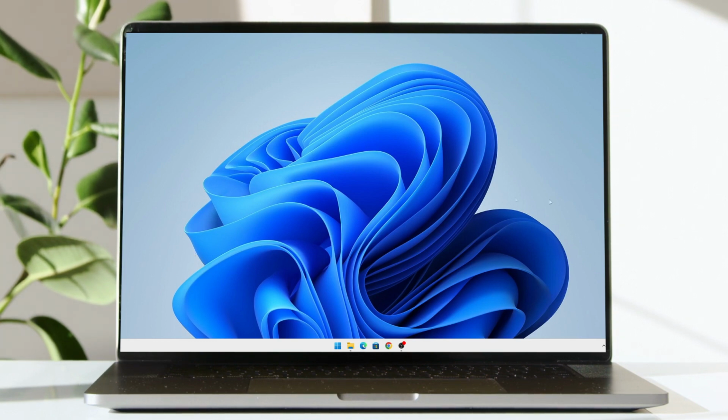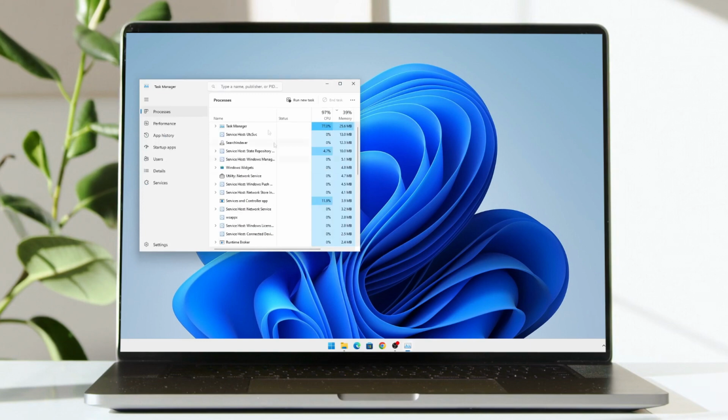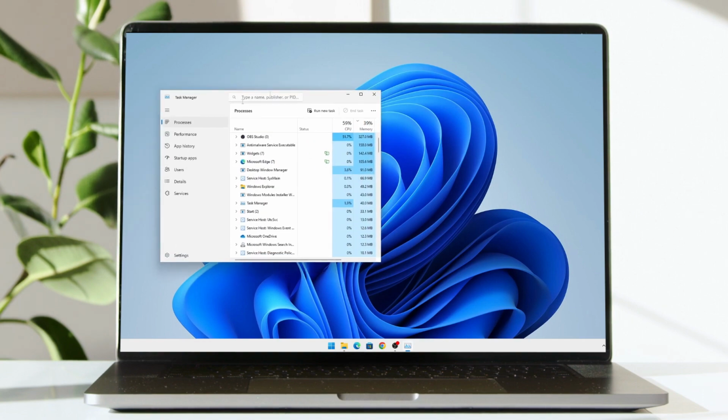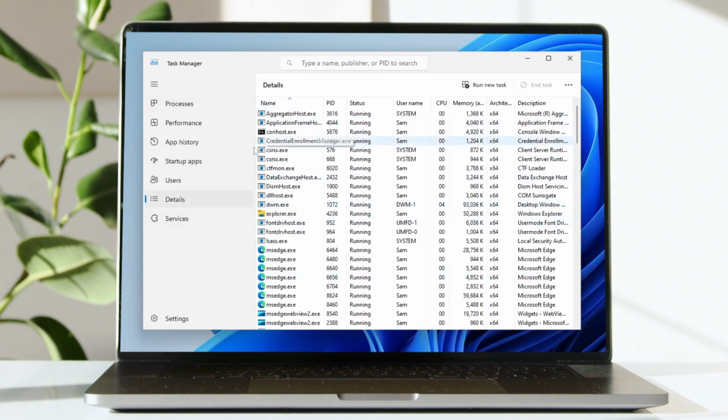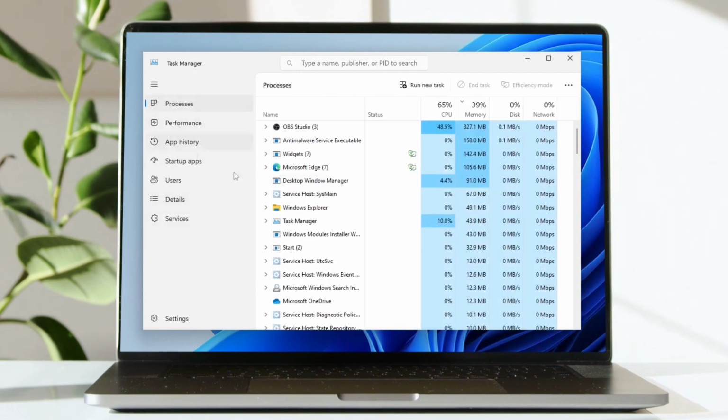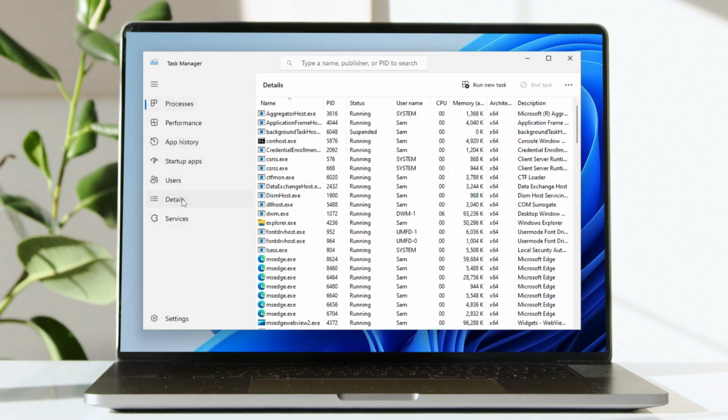So what you're going to do is right click on your taskbar here and click on Task Manager. You can also open Task Manager by holding Ctrl, Shift and Escape on your keyboard. And then once Task Manager opens here, you can see in the processes first which process is using the CPU more. And once you find out the process, you're going to go into details and search for